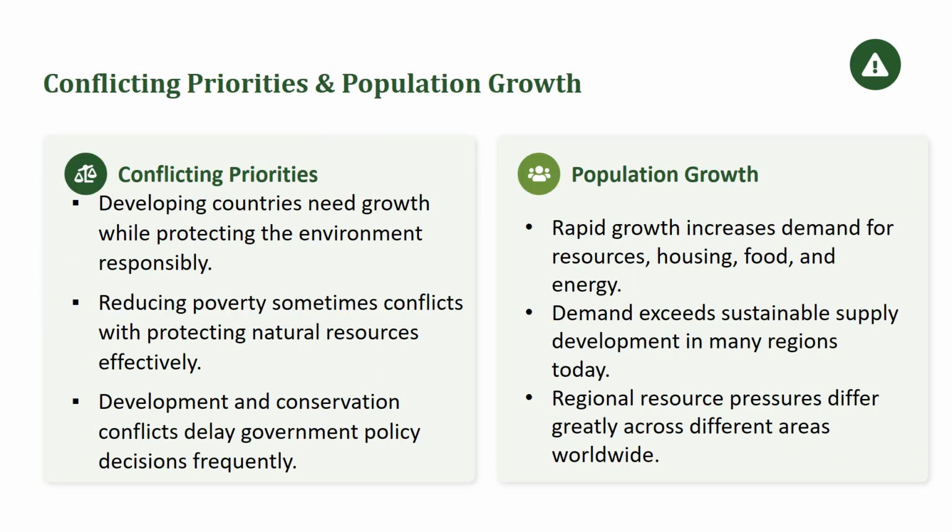The challenges of sustainable development are conflicting priorities and population growth. The conflicting priorities: developing countries need growth while protecting the environment responsibly. And then it also has to reduce poverty, which sometimes gets conflicted with natural resource protection. The development and conservation conflicts sometimes lead to delay in government policies and decisions, wherein the decision making gets